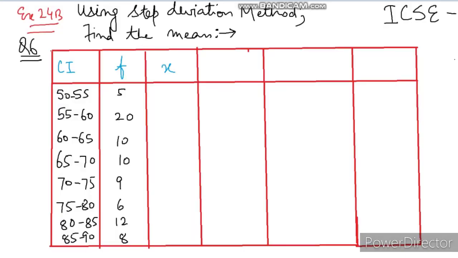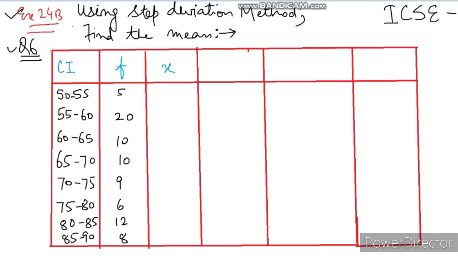This is my third video on chapter number 24, class 10th ICSE Mathematics, and the name of the chapter is Measures of Central Tendency. In this video I am going to solve one question using the step deviation method. Earlier, in my last two videos, I have solved one question with the direct method, and another question with the shortcut method. Now I have taken up exercise 24b, question number 6, in order to explain to you this third method, very much important, very much interesting, the step deviation method.